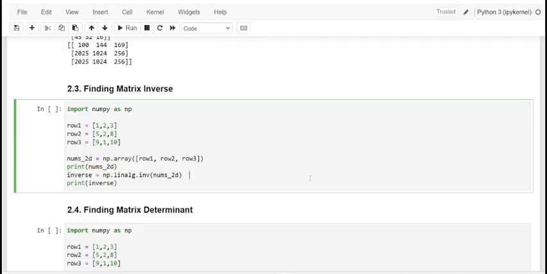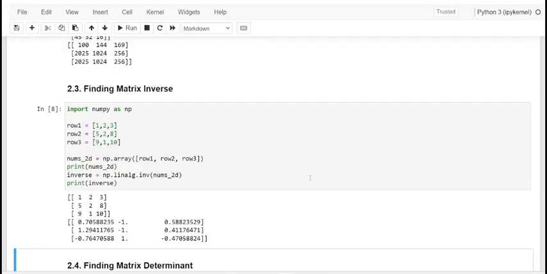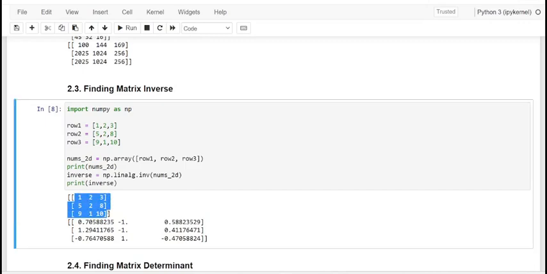what we get. Let me execute it and see it here. Kindly have a note of it, dear friends. So this is the exact matrix of the given 1, 2, 3, 5, 2, 8 and 9, 1, 10. And kindly observe, dear friend, this is not a normal inversing of that matrix. Here we are using the linear algebra operations with NumPy, and we are passing it the exact two-dimensional array.